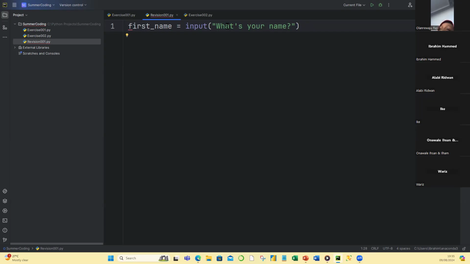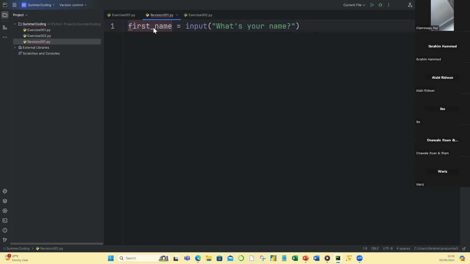But you must make sure that you use double quote at the beginning and double quote at the end so that you can write, what's your name? This way. So this statement, when you execute it, it will display this message on the screen, and whatever your users type in will be stored in this memory location called first name,